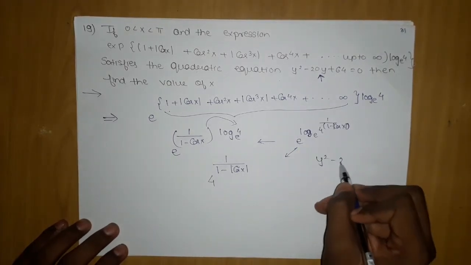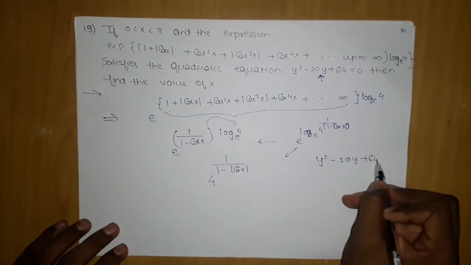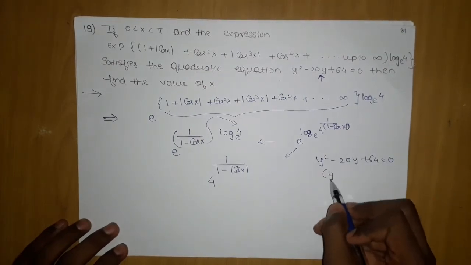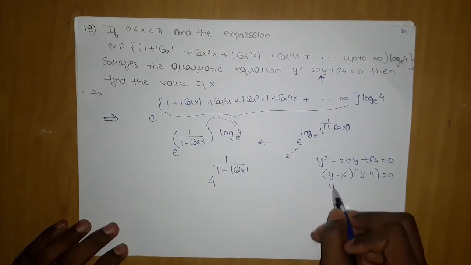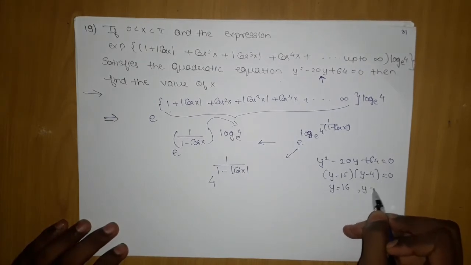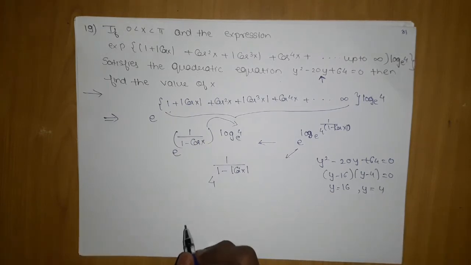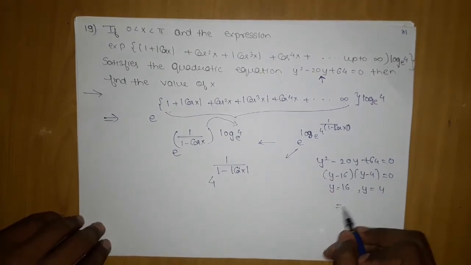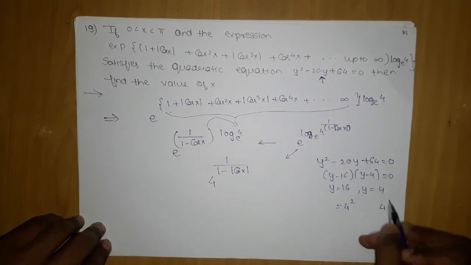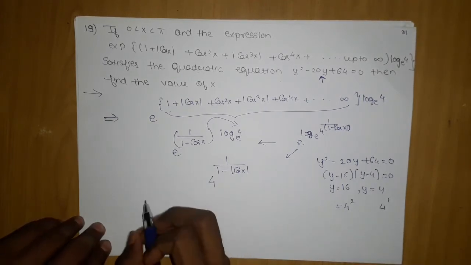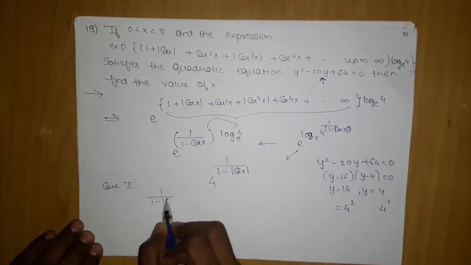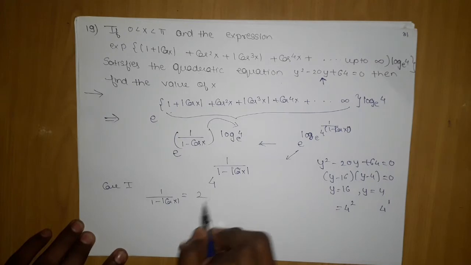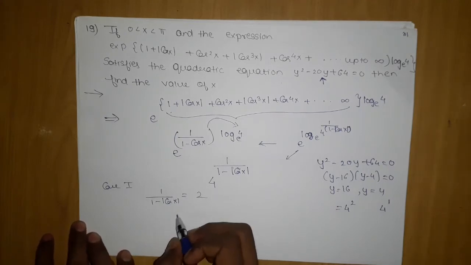Now let's see the quadratic equation: y² − 20y + 64 should be equal to 0, which we can simplify as (y − 16)(y − 4) = 0, giving me y = 16 and y = 4. Here I can write 16 as 4 squared and this as 4 to the power 1. So two cases will be there. Case 1, in which 1 upon 1 minus |cos x| should be equal to 2, giving me